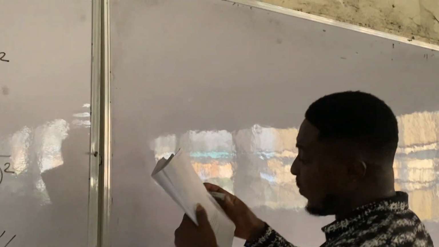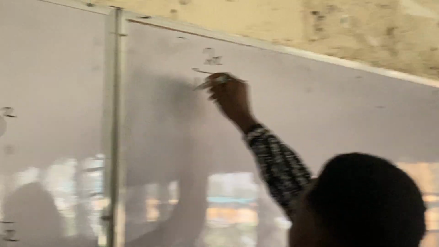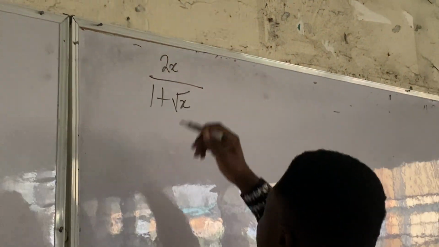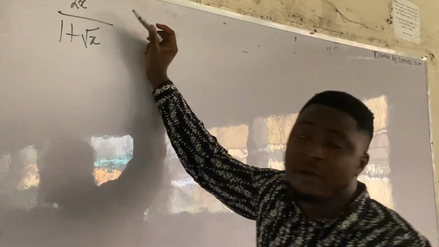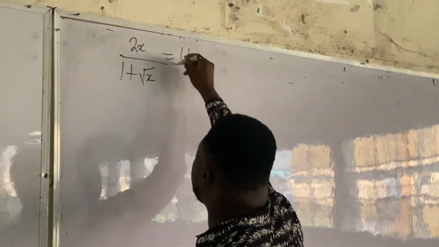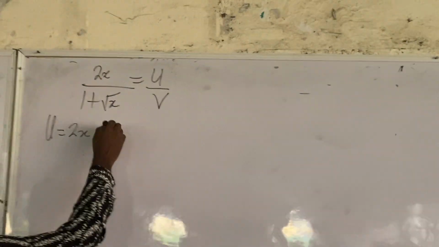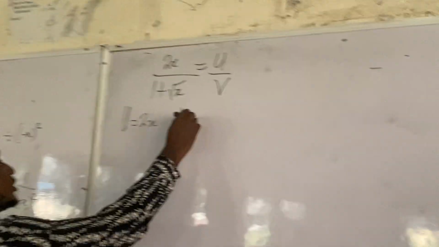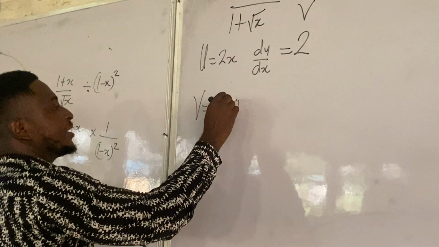next question at 4.3, we have 2x all over 1 plus root x. Class, this is still the quotient rule, right? Anytime your function is in a fraction like this, it is a quotient: you call your numerator u and your denominator v. So u equals 2x. What will be du/dx? du/dx is what? 2. v equals 1 plus root x. What will be the v